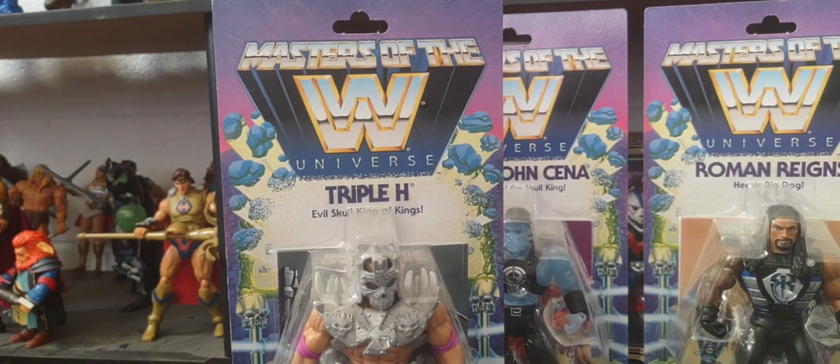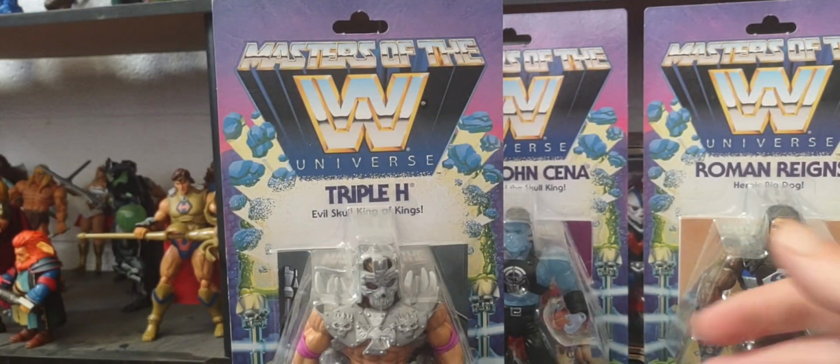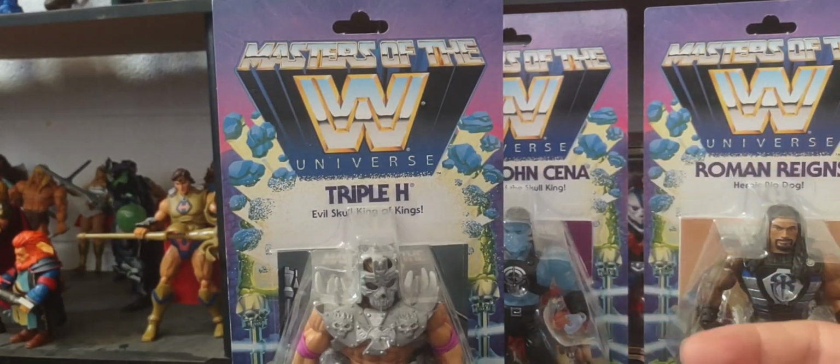Of course, that led to this line. Also, give it credit, it did give us, it would give us the Motu Origins line, which led to many crossover events. Of course, the Cartoon Collection, the Turtles Grayskull line, and now the Thundercats line coming in 2025, and so forth. And who knows how far it's going to take us. So right here is basically the Godfather in a way of the Origins line, like I've said before in these reviews. And of course, if you are a pure wrestling collector, it did lead us to the Superstars Pure Wrestling Origins line. So what you got here is the very first Origins base line for us collectors,